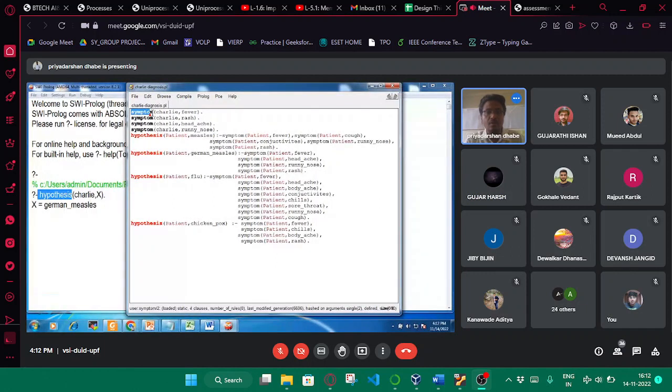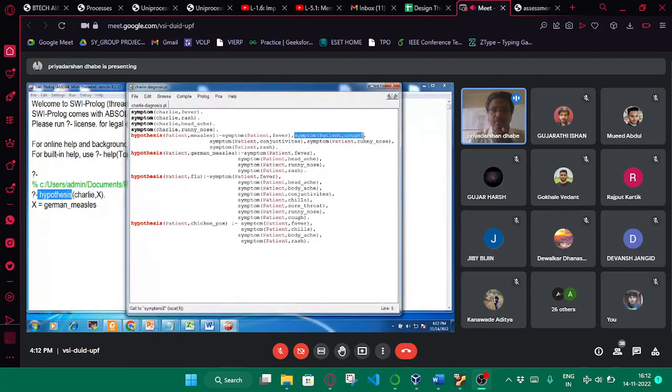The patient is already bound to Charlie, and Charlie is also having a fever, so it is correct, it is true, because we found a match. Now this comma is "and", so the product will try to find the second symptom, whether Charlie is having the cough. But see that in all four matches, 1, 2, 3, and 4, the cough symptom is not there, and hence this particular clause is evaluated to be false by the product,